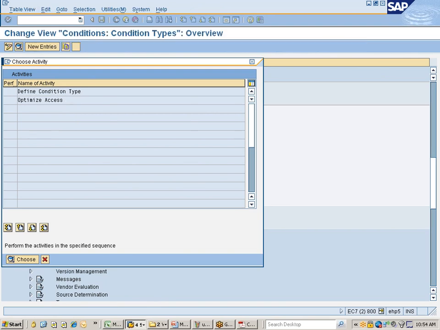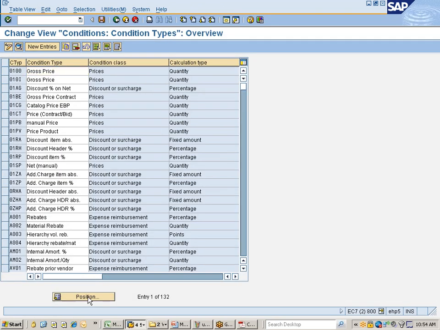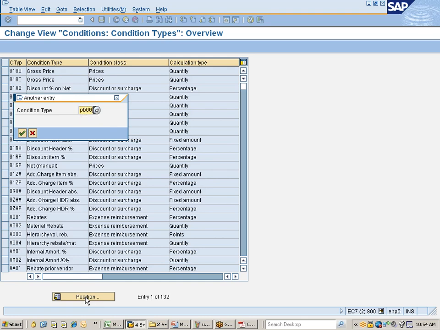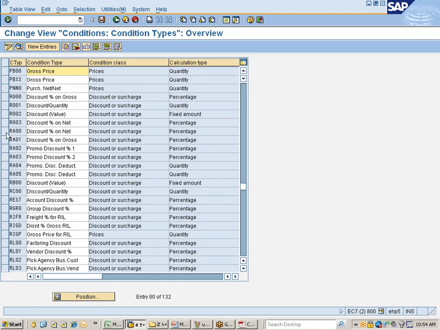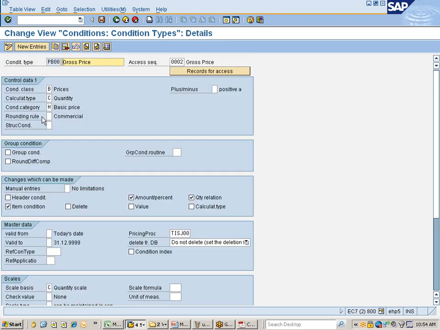So here if you look at here, go to position PB00, this is the first condition, right? Have a look at this. PB00, if you go into details, once you are here, you see here this condition type. Although I'm not going to define it for the pricing procedure demo, I will be defining a new condition type, the other way, output type or message type. I will be defining my own message type, which is as good as condition type, in tomorrow's session,